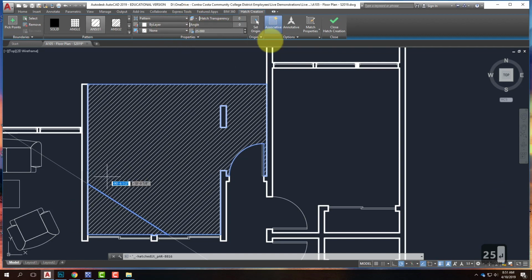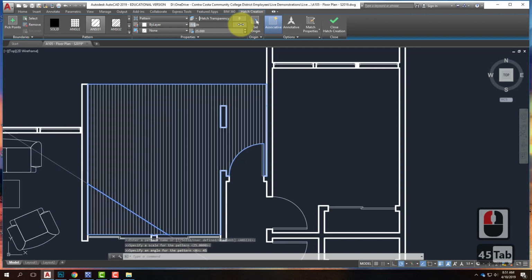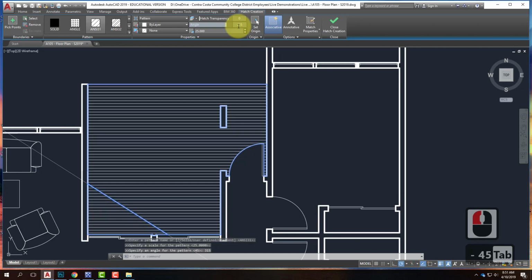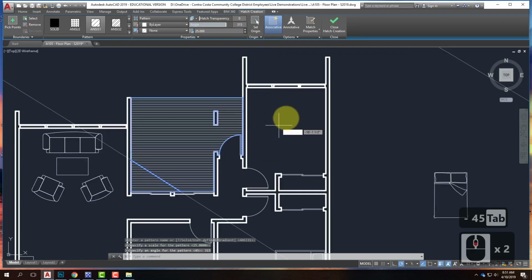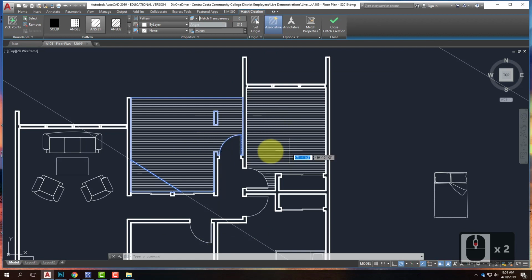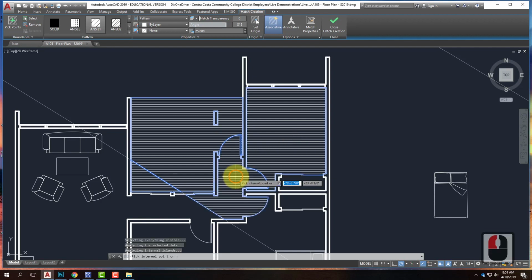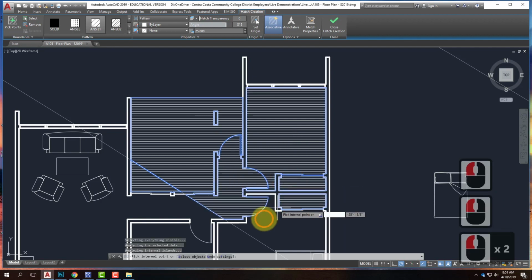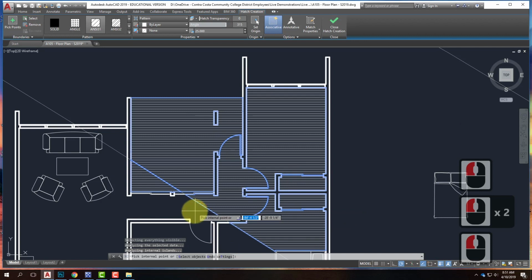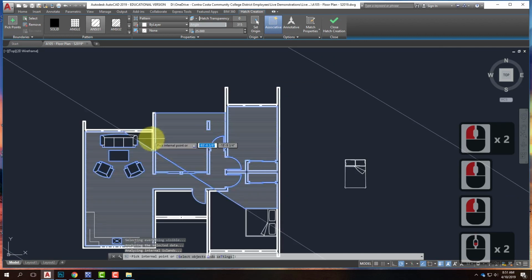And you know what? I don't like the 45-degree angle, so let me change the angle so that they're all running in a particular direction. I can change the angle here. I could say -45 if I wanted it to go horizontally. This could end up looking a lot like flooring, for example. Maybe I really wanted to apply that to the inside space rather than the outside space. So I could come in here and say, okay, all of the interior space is going to be filled